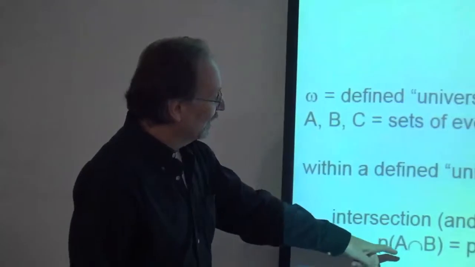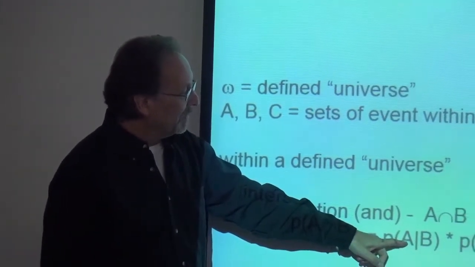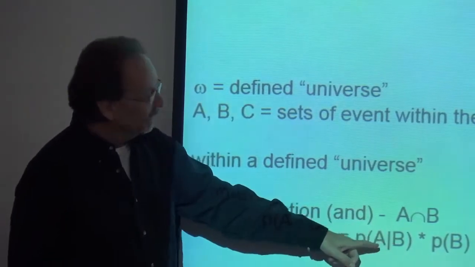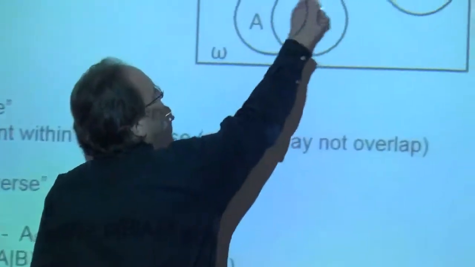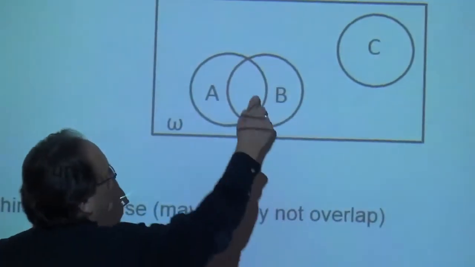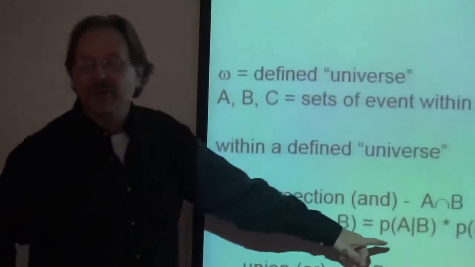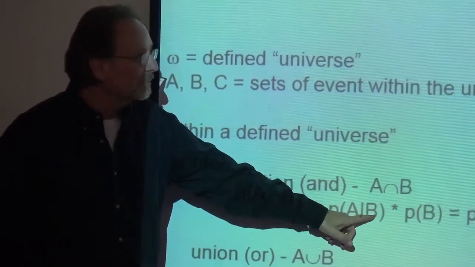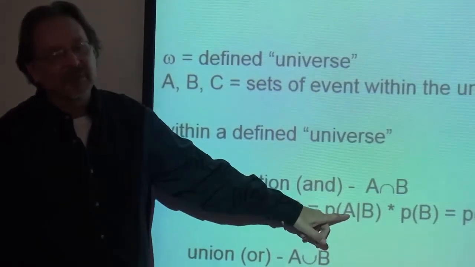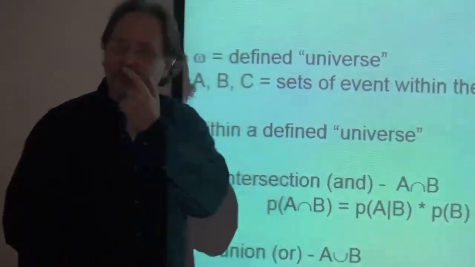And it can be defined in two different ways. It can be defined as the probability of A given that I'm in B. Okay, in other words, I know that I'm in B, which is this circle right here. What's the probability of also being in A? Okay, this is a conditional statement right here. So given that you know that you're in set B, what's the probability of being also in set A? And then times the straight probability of being in set B.